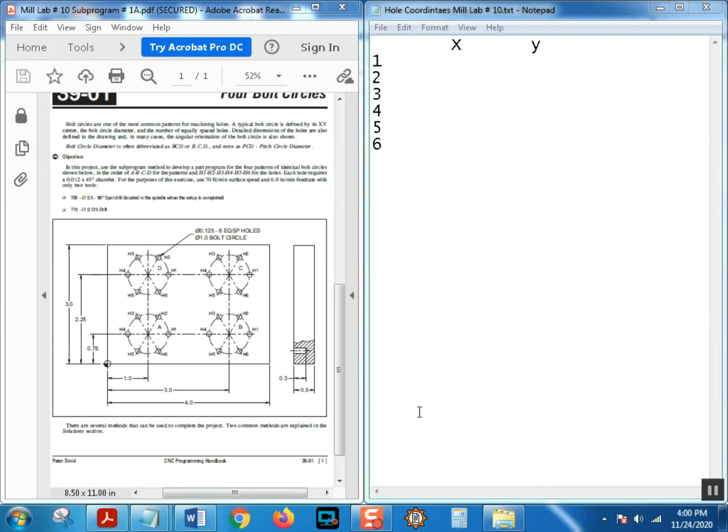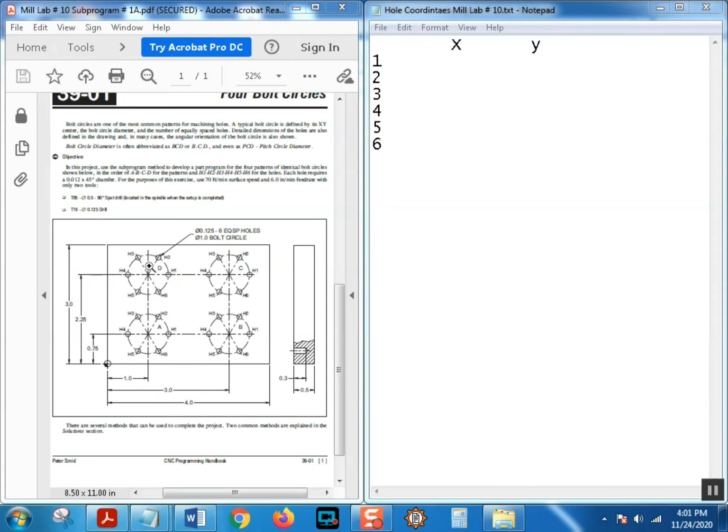Okay, now welcome to Mill Lab number 10. We're going to talk about the wonderful world of subprograms. This is the first video in a two-part series, and what we're going to do is convert these hole patterns right here from polar coordinates, which they're given to us in, to rectangular coordinates. We've already done that in another video, but it doesn't hurt to revisit this because